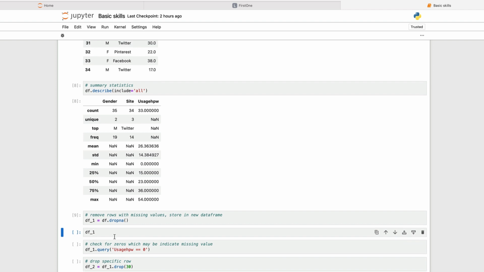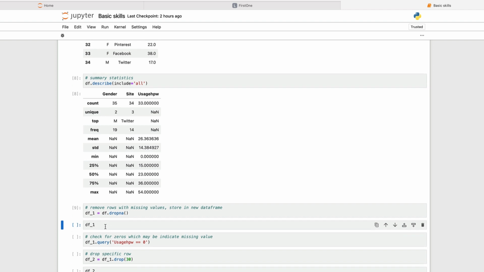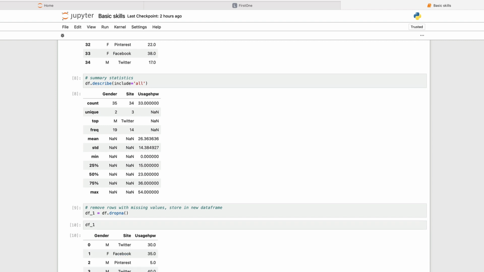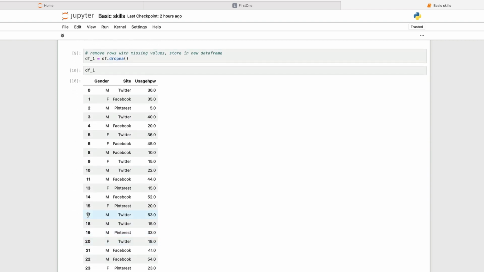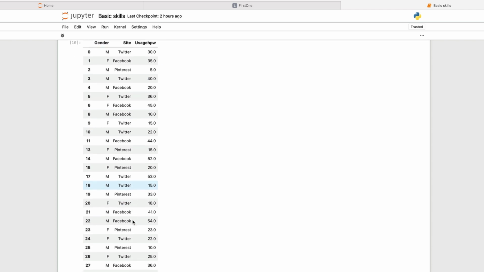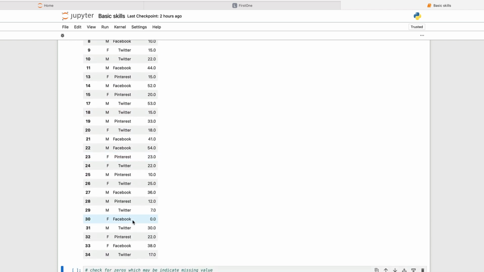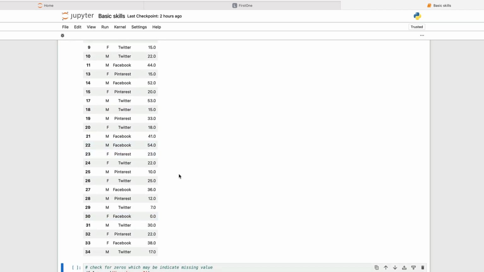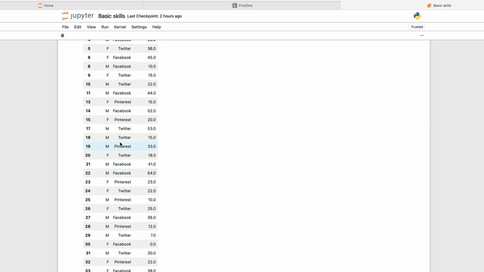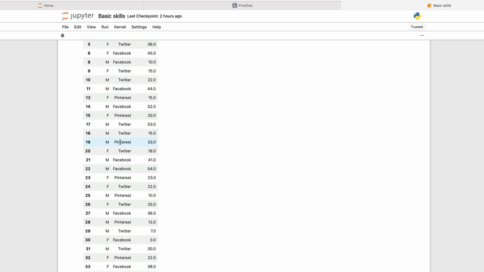And then if we just check that, you'll see that those missing values now have gone. There we are, row 7 has gone, row 12 has gone, and row 16 has gone. So we've now got no missing values here, which is better. But